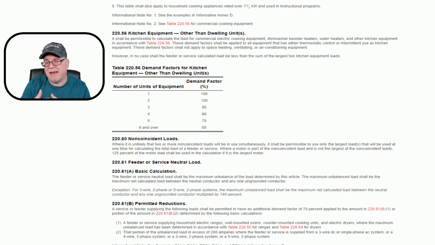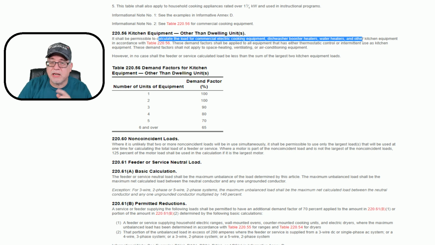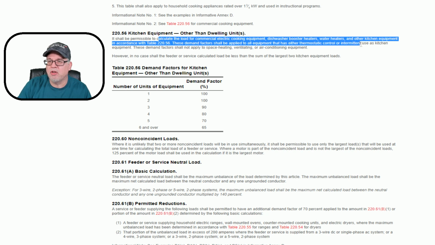But you're allowed to apply these demands. Okay. So let's look at it again, making sure that we're totally clear. When you look right here, it says it shall be permissible, again, permissible statement, to calculate the load for commercial electric cooking equipment, dishwasher booster heaters, water heaters, and other kitchen equipment in accordance with table 220.56. These demand factors shall be applied to all equipment that has either thermostatic control or intermittent use as